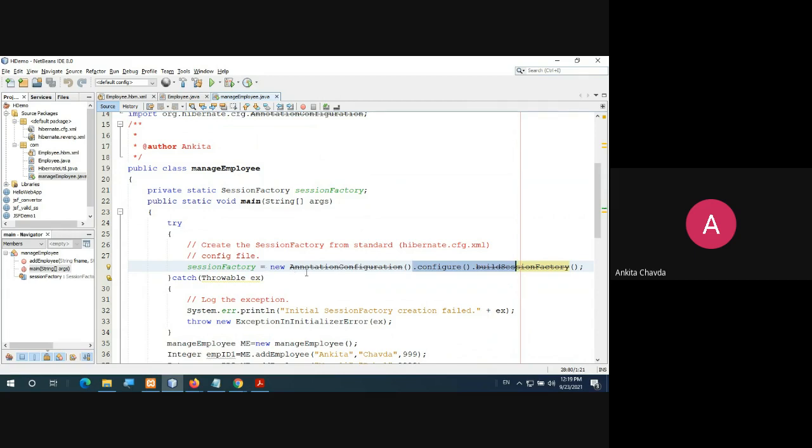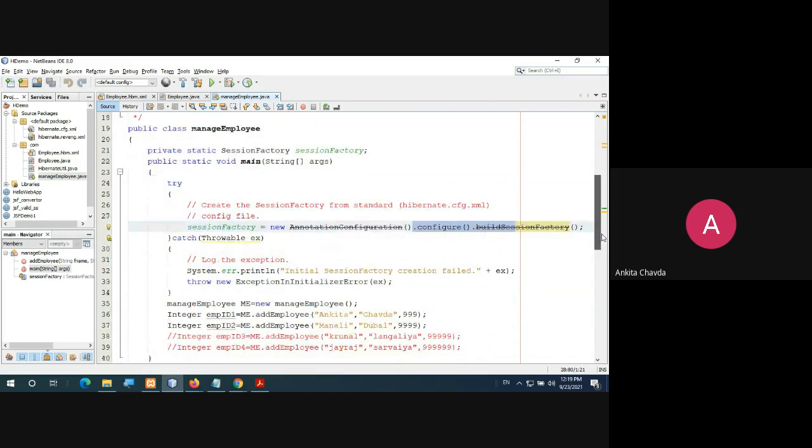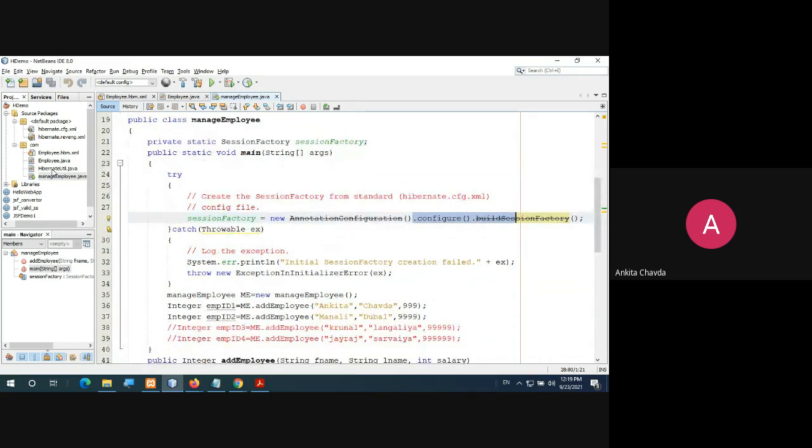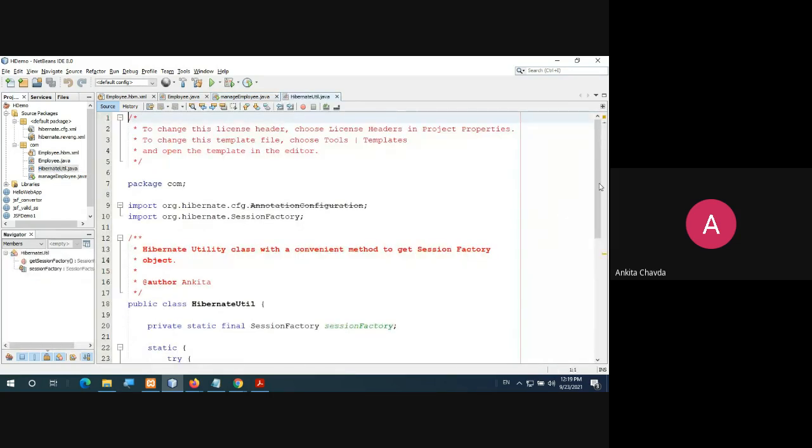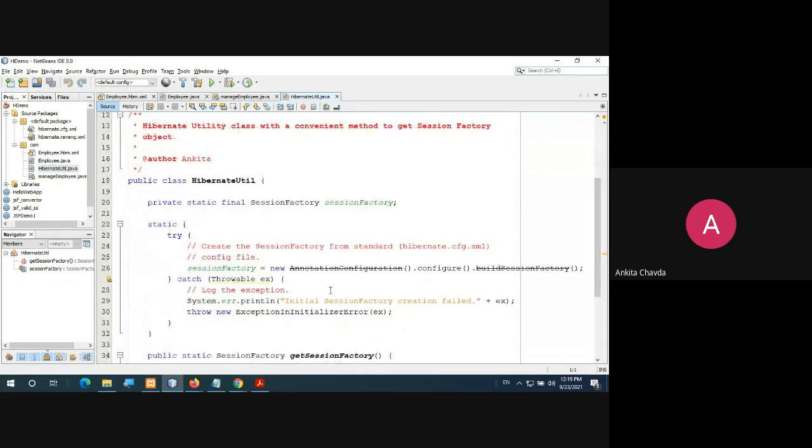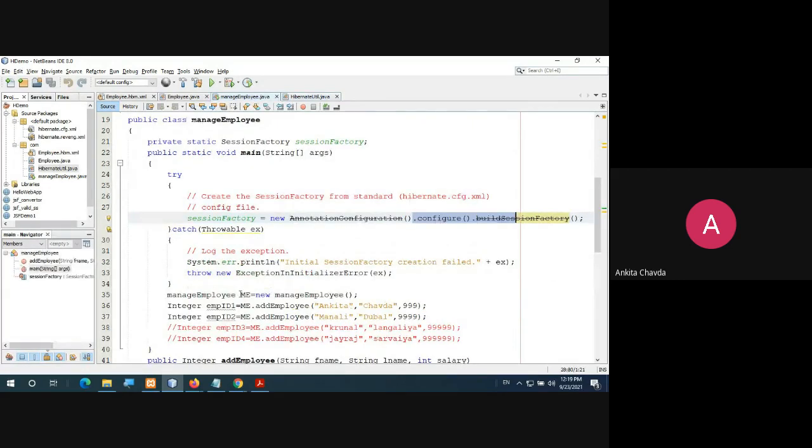Session factory equals to new annotation, this and this, everything will be automatically there in your Hibernate util also. Check here, this code only I have copied and pasted over there, the same code, right? That is why it is like this, though it is showing the new methods for that, but it doesn't matter, it will still work, so don't worry.